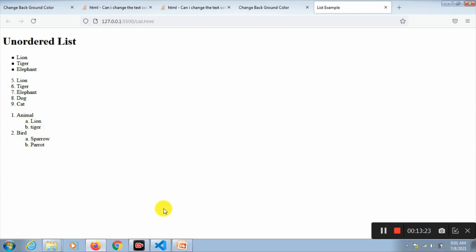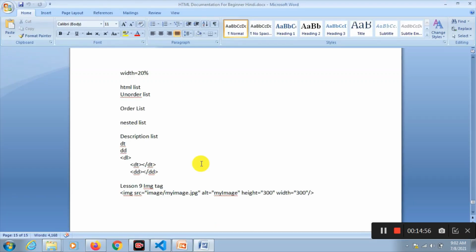This is how you can make the nested list. We can have something like dl, dt and dd. What is that? I'll explain you now.